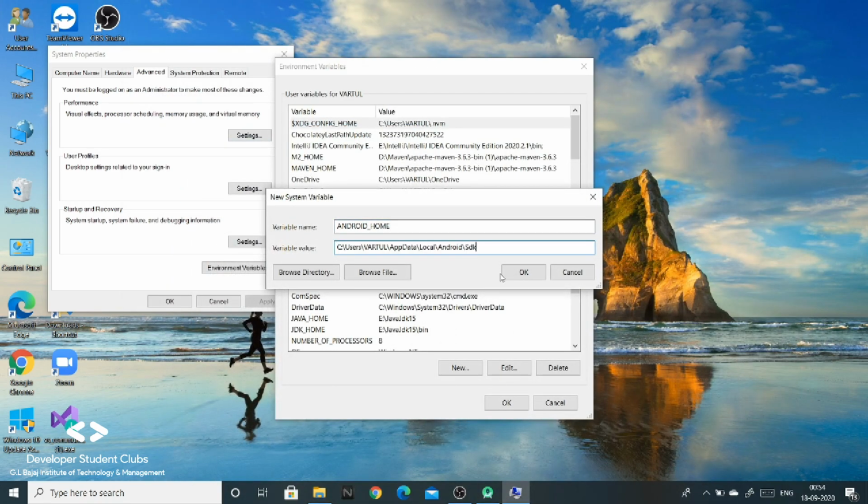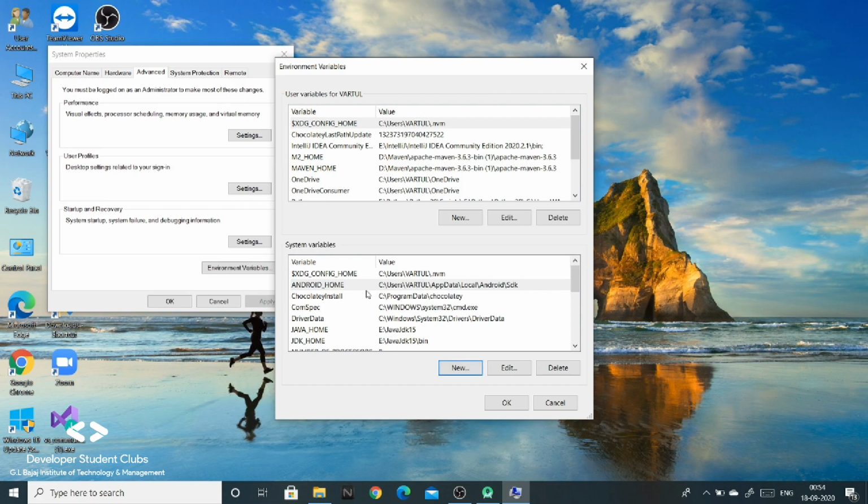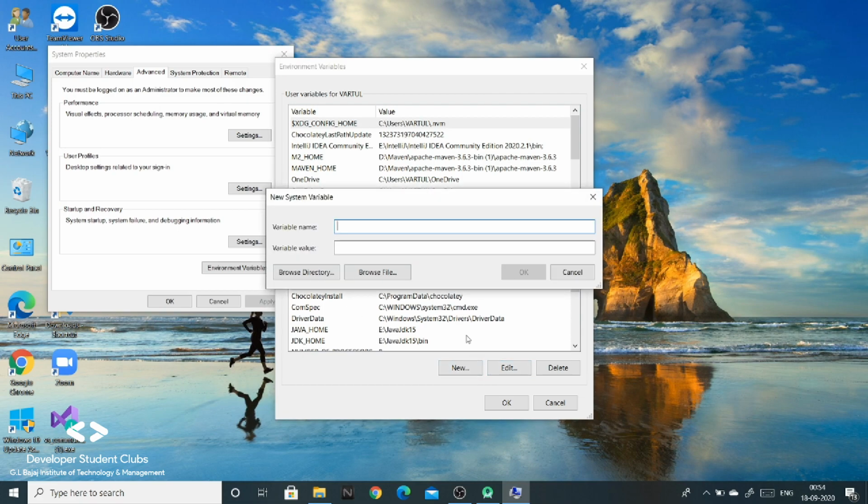Let's paste it here. Okay, and now we will add another variable, that is ANDROID_SDK_ROOT. I missed the underscore. Okay, the path for this will also be the same, up till SDK.